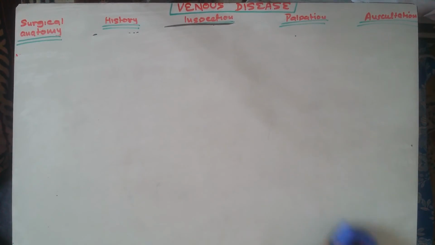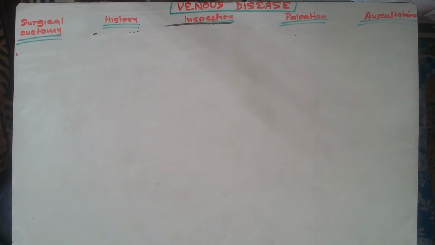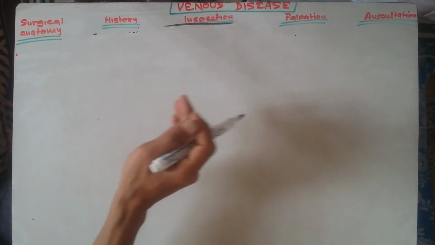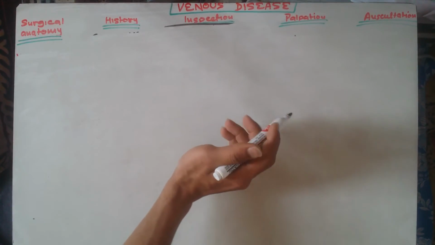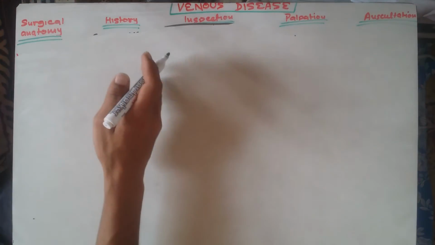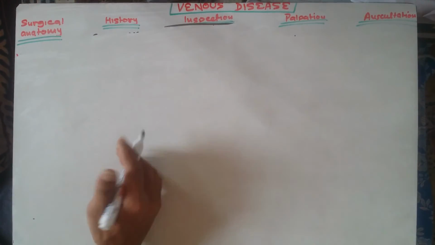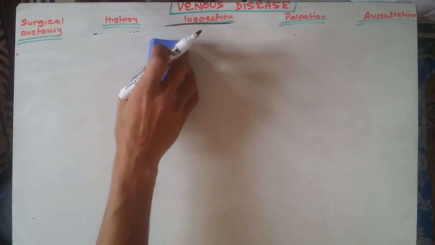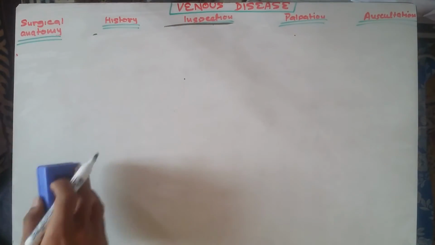Okay, so relevant all the important history. Suppose that there is swelling, then we will ask, as we studied in the earlier lecture, that the history of the swelling is taken by MD Pepsa, which is duration, mode, progression, exact site, and